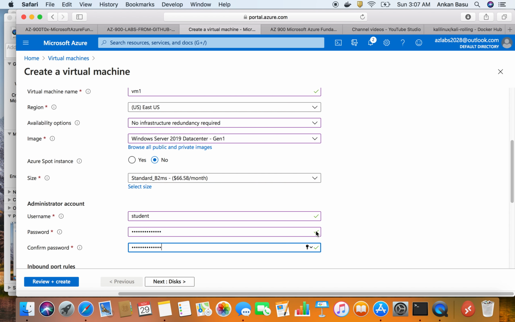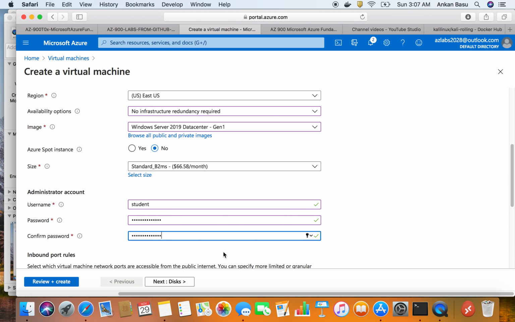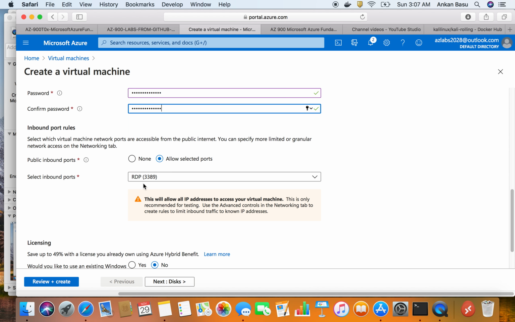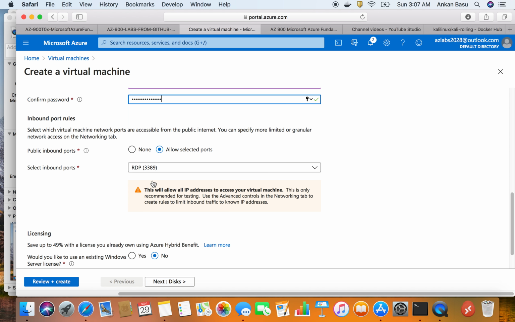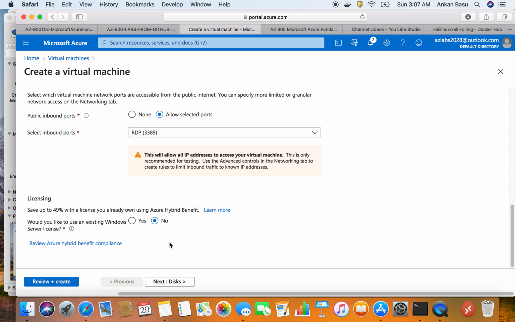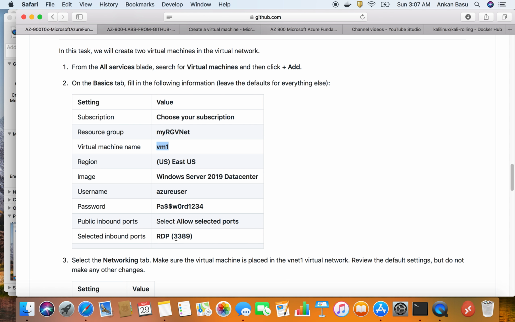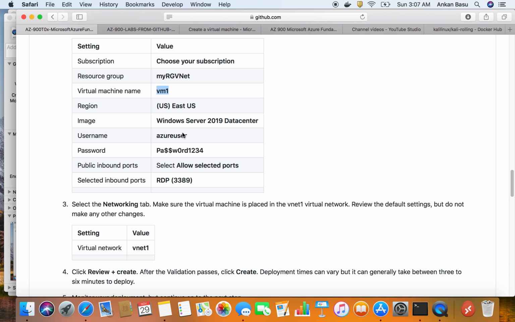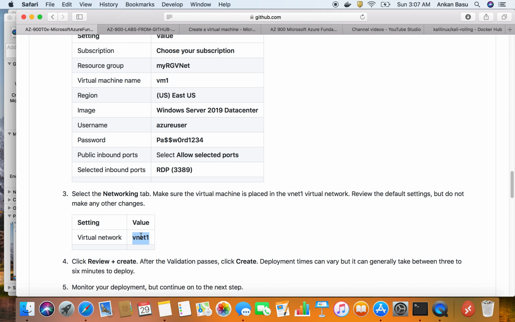Okay, if they match, you will see that green tick mark, so they're all good. I'm going to keep the RDP port open, and I think that should be all that we need. Let's come back over here. Looks good. Okay, so networking, it should have already selected my VNet one by default because I have chosen the